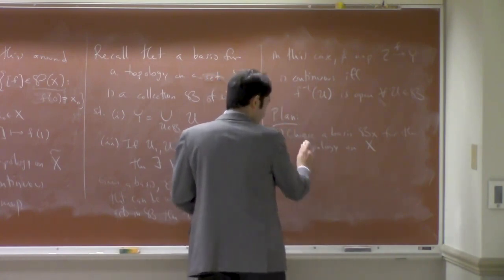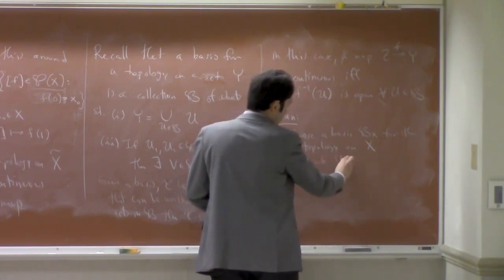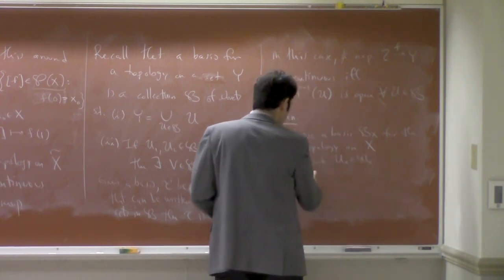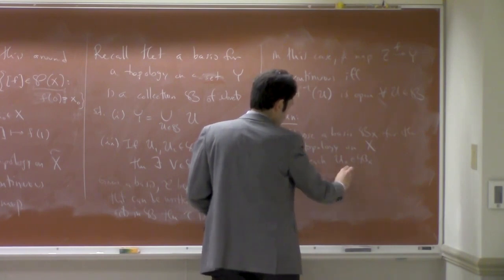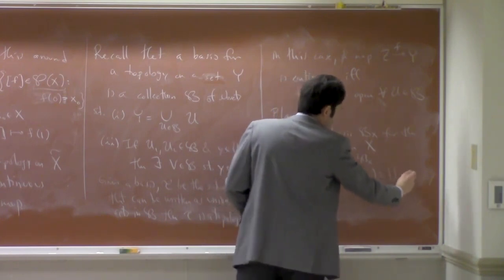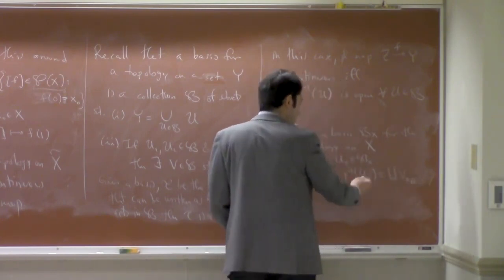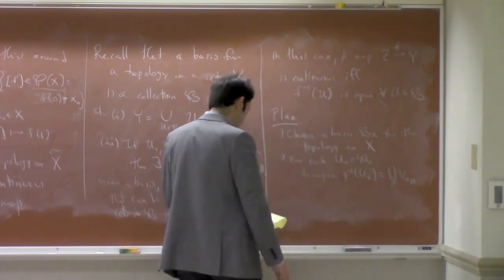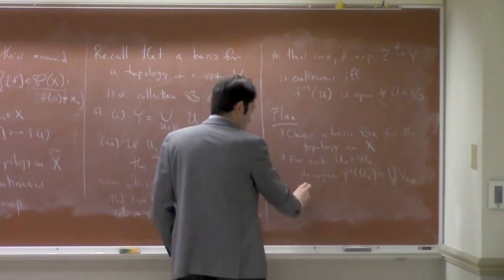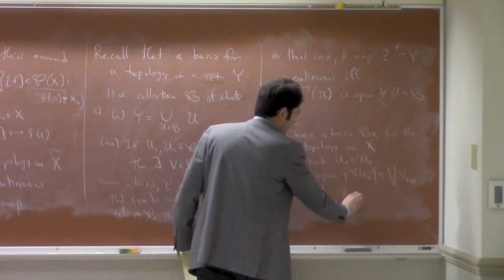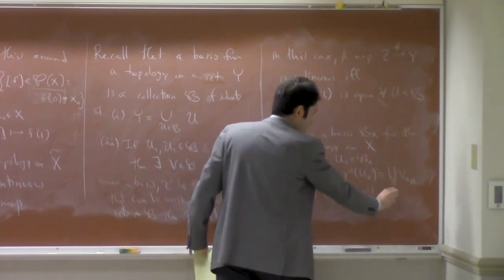Then what's going to be special about these is that for each, say, U alpha in this basis, we'll decompose the inverse image under P as a collection of subsets of X tilde, right, indexed by some index beta, with P restricted to any one of these a bijection,